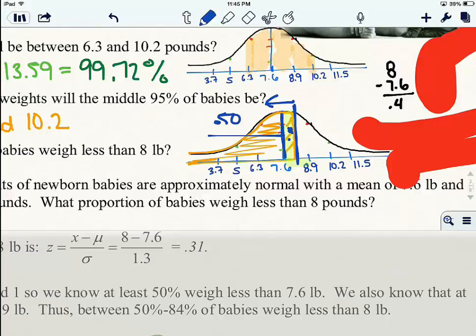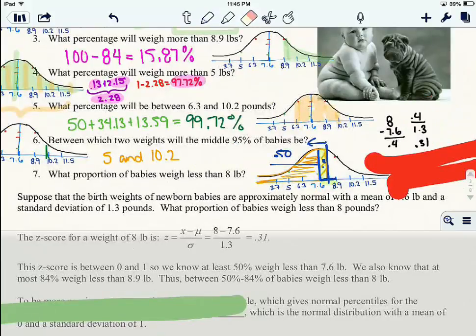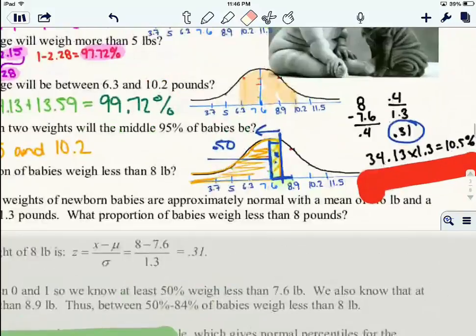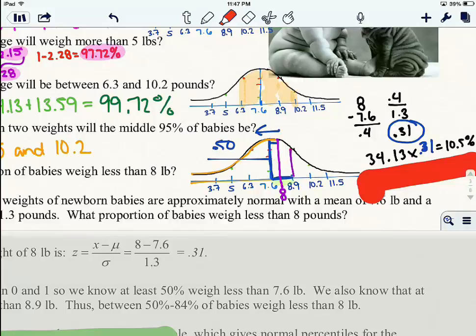Okay, well, how much is 0.4 of this standard deviation? That standard deviation is 1.3 based off the story problem. So if you did 0.4 divided by 1.3, you'd get 0.31. Okay, and that's a percent. That's how much of the curve is between 7.6 and 8. So then to find out my total, we know that from 7.6 to 8.9, we have